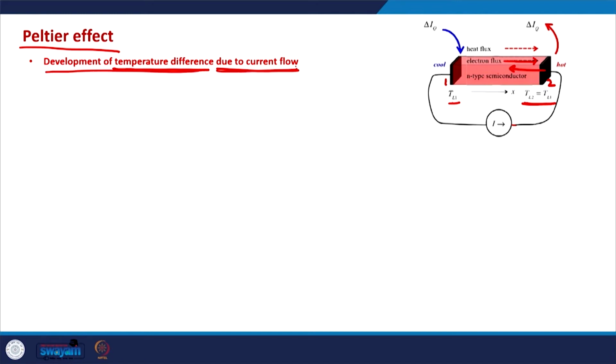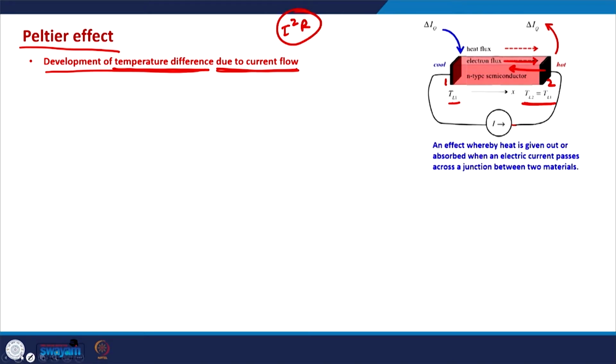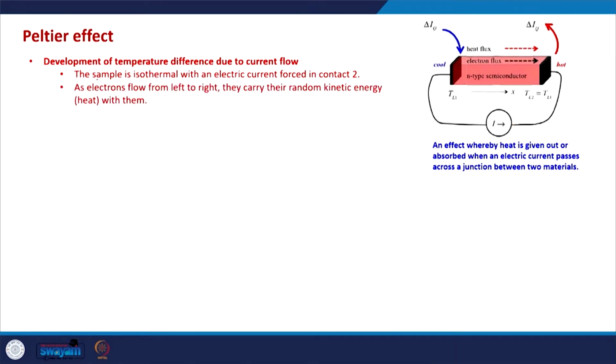And please also keep in mind that this is different from Joule heating, the I square R heating, and this will become clear as well. So in other words, what we can say is that the Peltier effect is an effect whereby the heat is given out or absorbed when an electrical current passes across a junction of two materials. Okay. And in this case, initially the sample, the semiconductor, is isothermal, which means the temperature is the same everywhere,